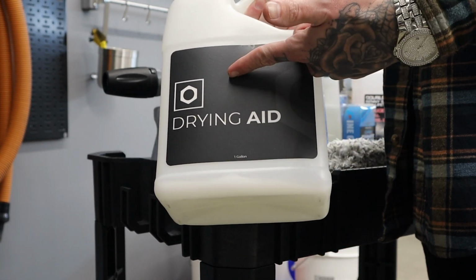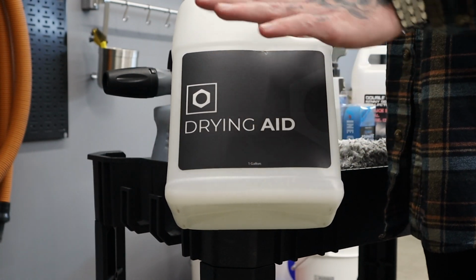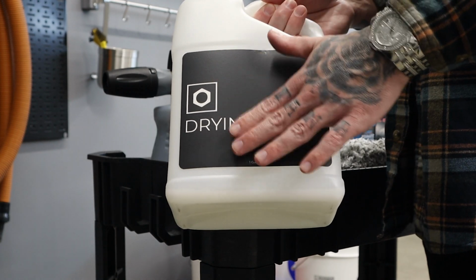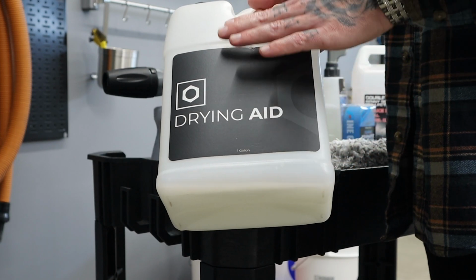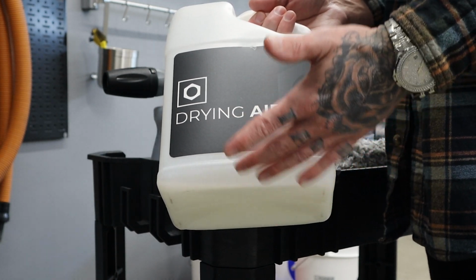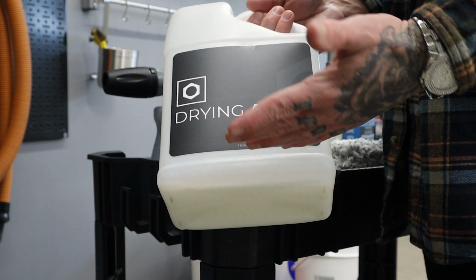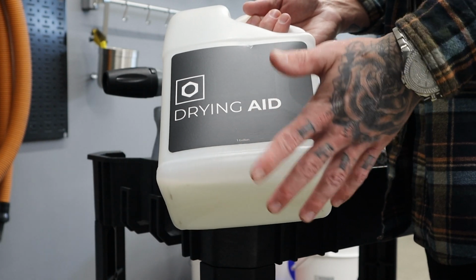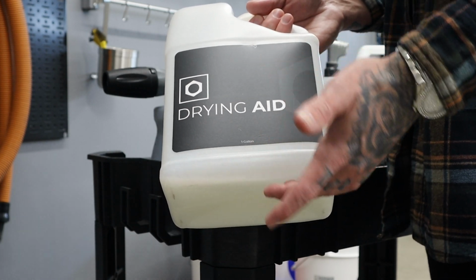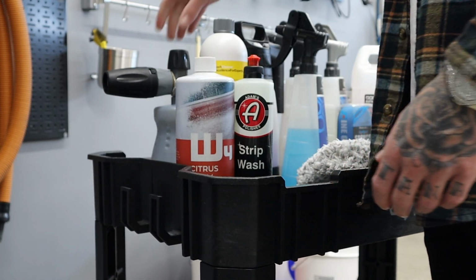This is what I use on a daily basis when the car's already washed, everything's good to go, and you're just about to start drying. It adds really nice slickness and helps keep the paint protected as you're drying so it doesn't scratch. This is the stuff. It doesn't have any protection in it, but it's really good for that aspect. And lastly,